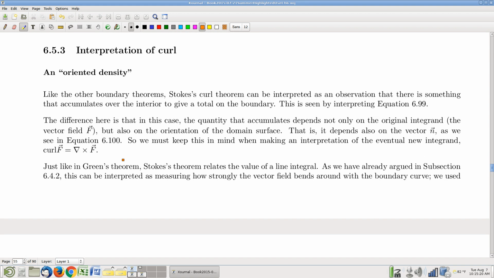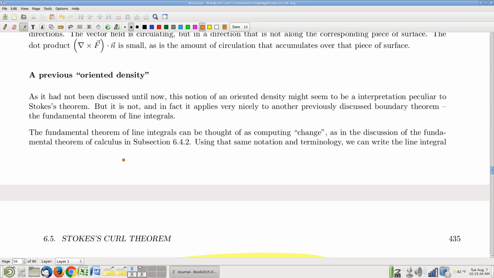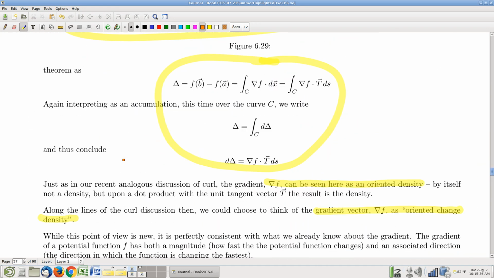So let's talk about how to think about curl. What does this look like geometrically? Is it a density? Can I just call curl circulation density and be done with it? Not quite. In fact, I'm going to start with a discussion about a related idea,